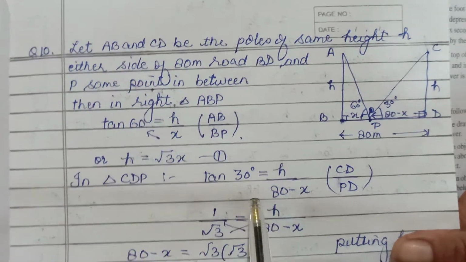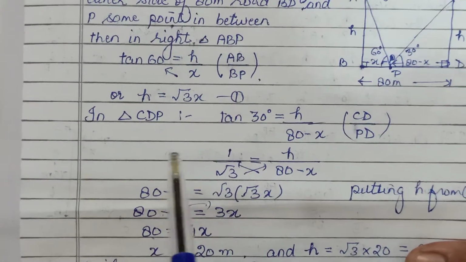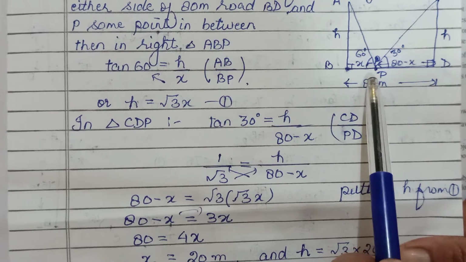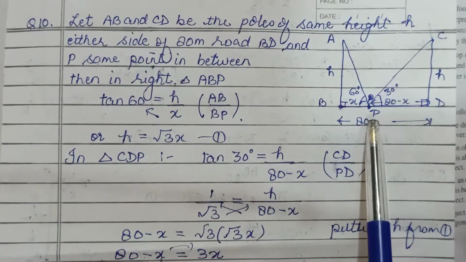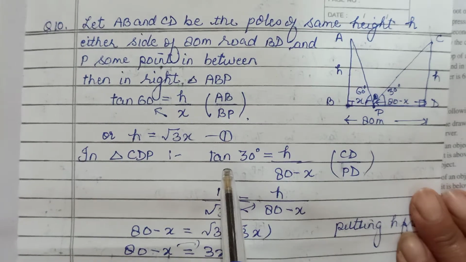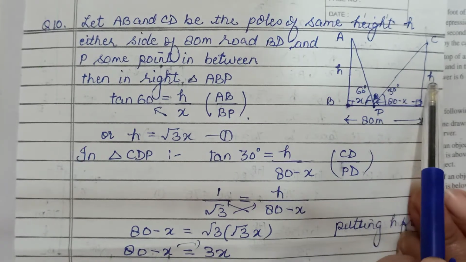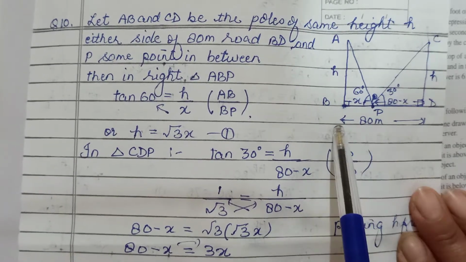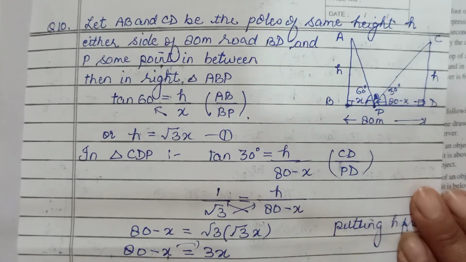Okay, then likewise we have another triangle there now, that is triangle CDP. So in triangle CDP, can you all see that? In triangle CDP now tan of 30 is there. Tan of 30 is again opposite is h and base will be, अगर मैंने इसको x कहा है, उसने पूरी 80 बोली थी, तो ये left over 80 minus x हो जाएगा.